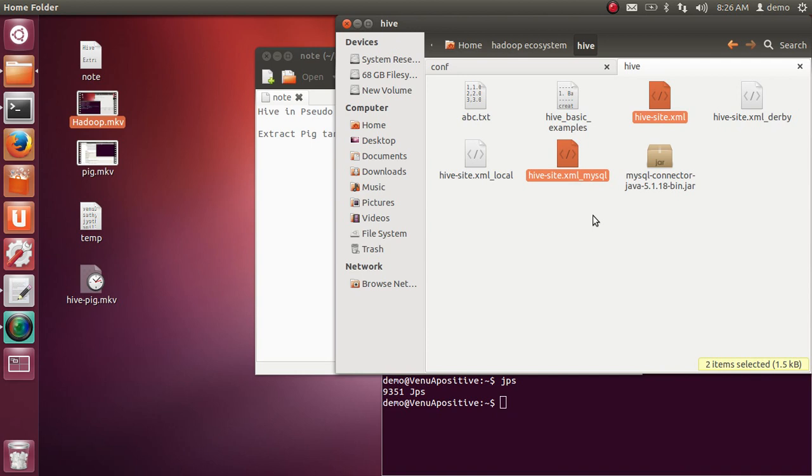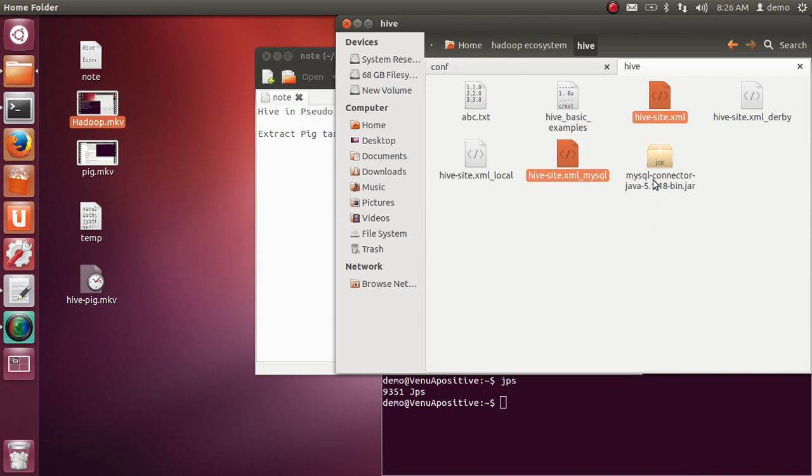That means Hive uses some external database like MySQL, or other databases like Oracle, to store the metadata. So that's why it is mandatory to have either MySQL or Oracle, depending on your requirements.